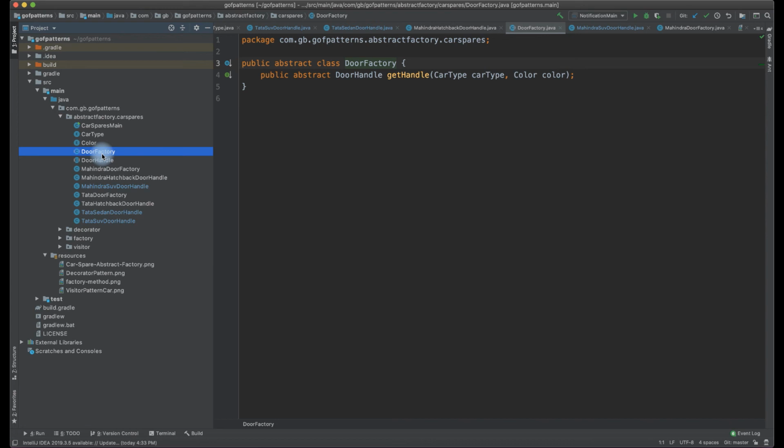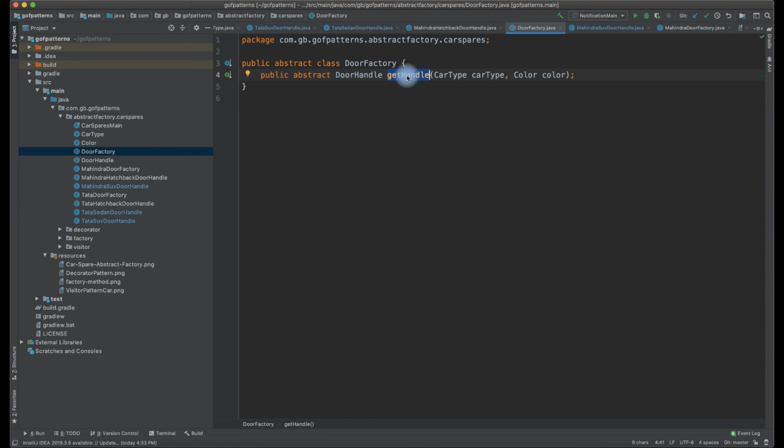For example, when I say give me the door handle for a Tata SUV, it is going to return the Tata SUV door handle with the appropriate color. So when I'm going to get the door handle, what are the parameters that are required for me to create a door handle and return the appropriate one?